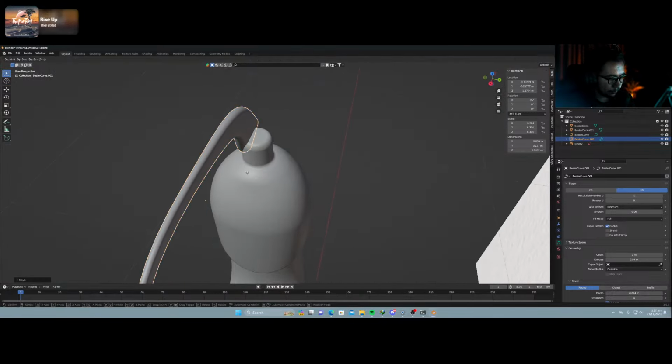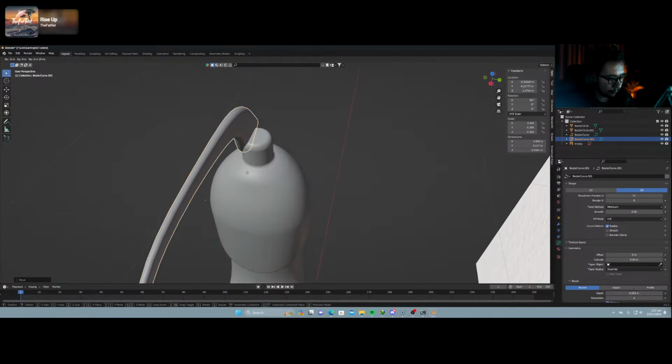Okay, non-mesh object. So yeah, we just figured out one thing. Regardless of what we do, we will have to convert it into a mesh. So I'll just increase the resolution of this,